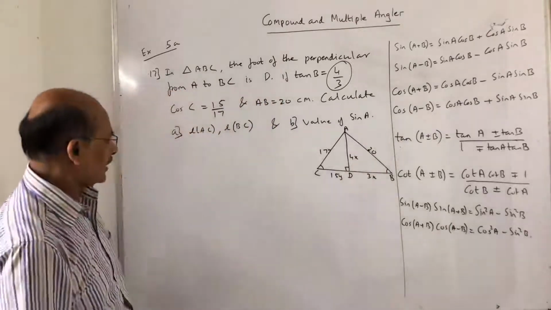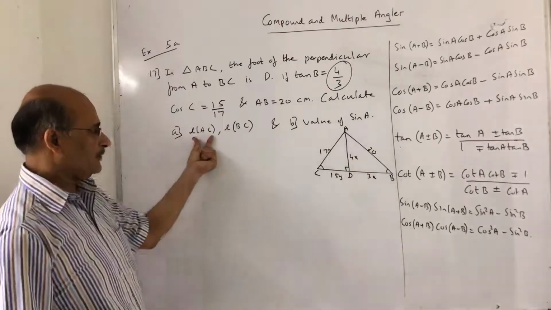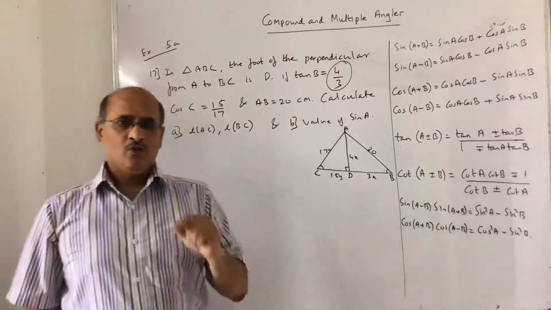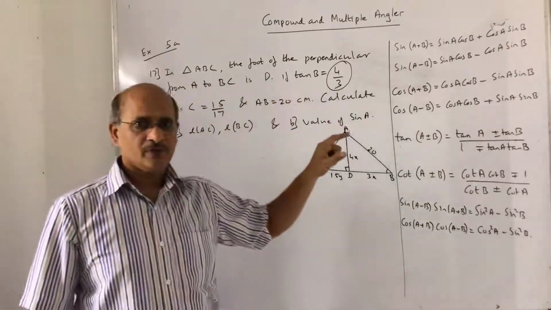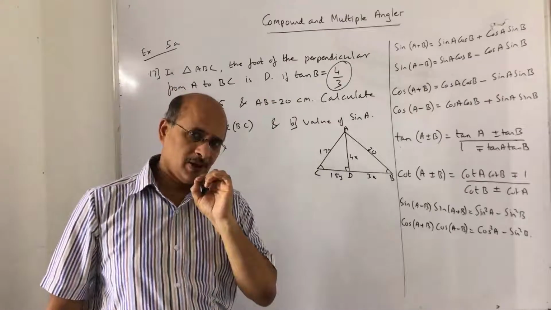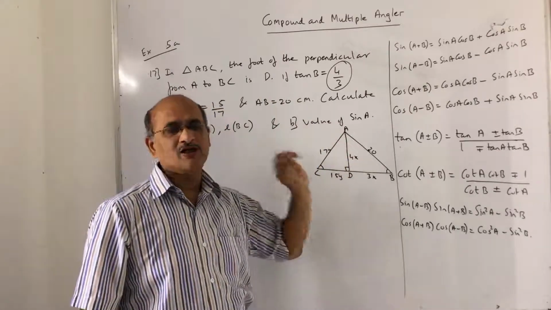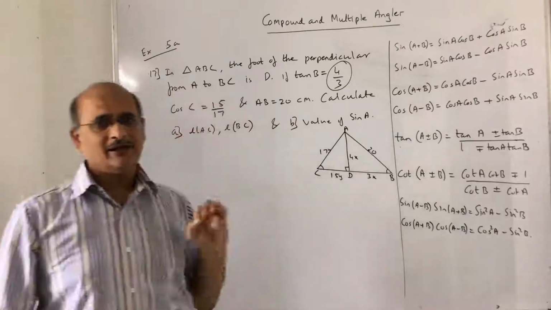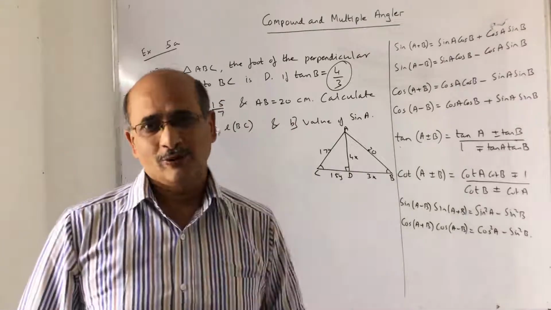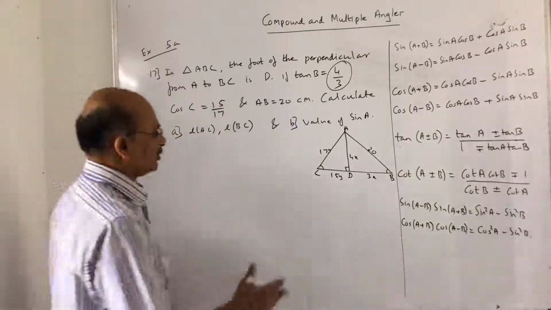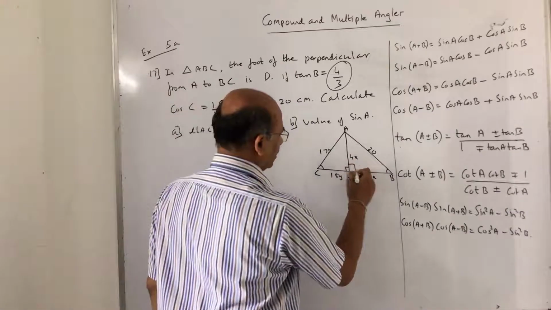Now let us begin with the calculation. They are asking for the length of AC. Always remember, whenever any question is given to you, your first job should be to draw the triangle or construct a figure for that, write the labeling part, and then you can proceed. It becomes easier for us. Now it's very simple, Pythagorean triplets now.